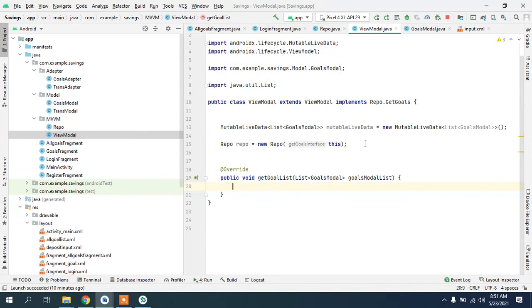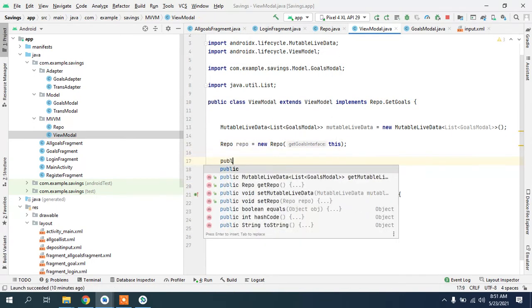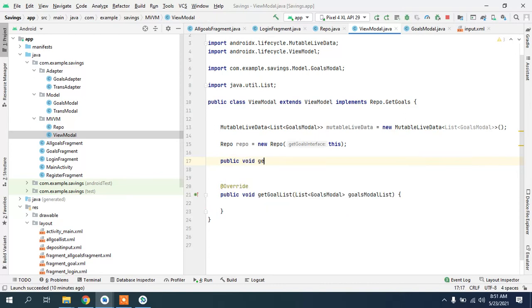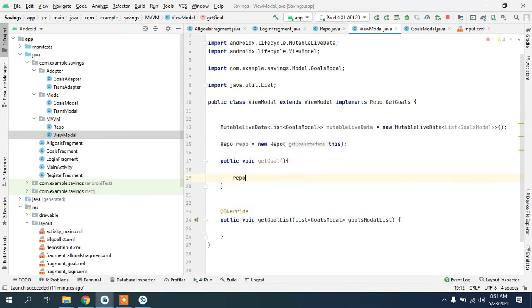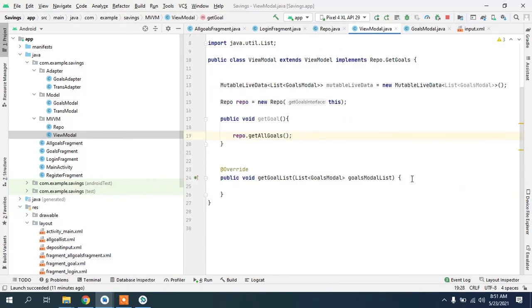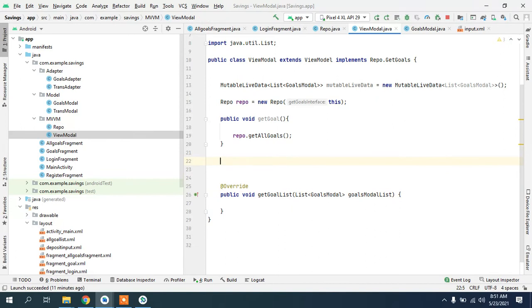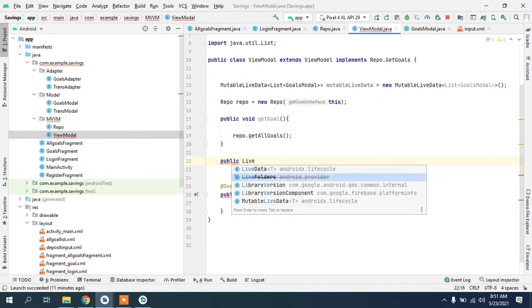So this method comes from there, and public void get goal, and okay, so here repo get all goals method will run, and what happens here is public live data